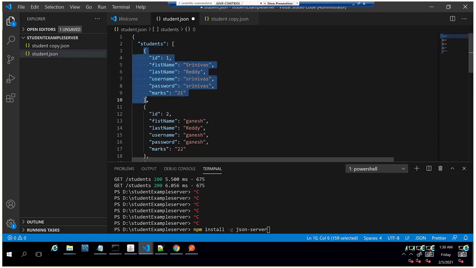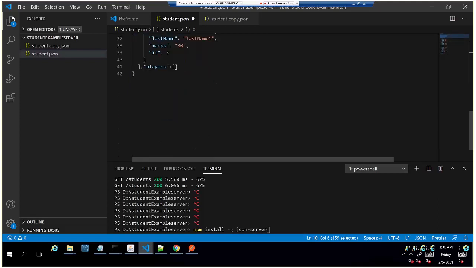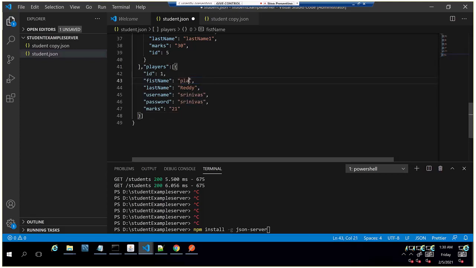We'll just add one more player. So we can create multiple objects and play with those objects itself.